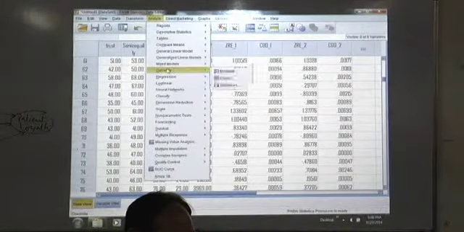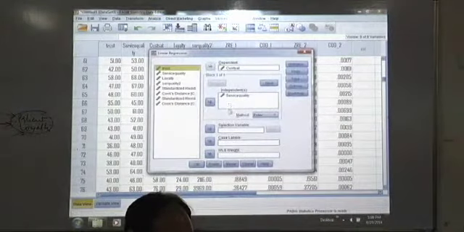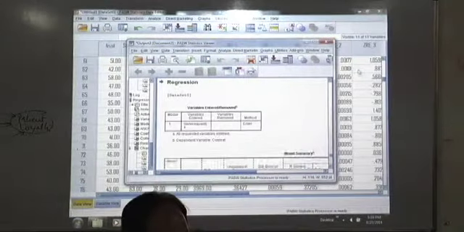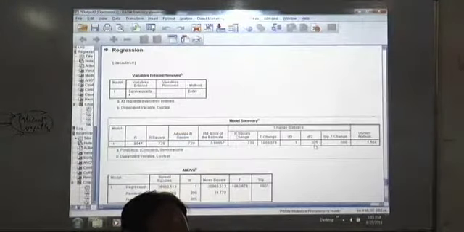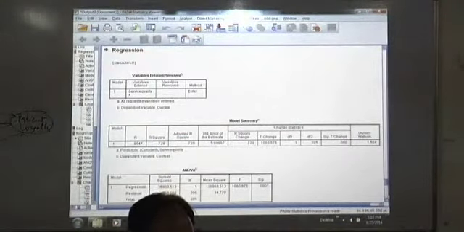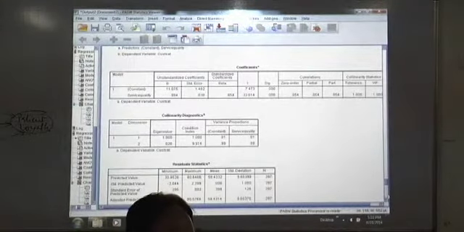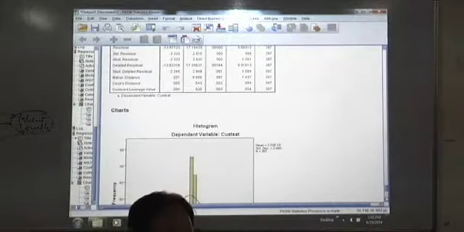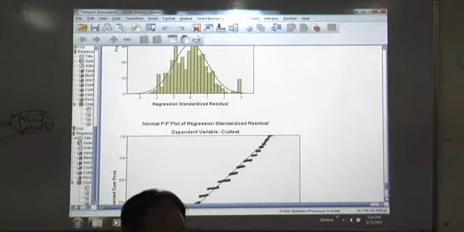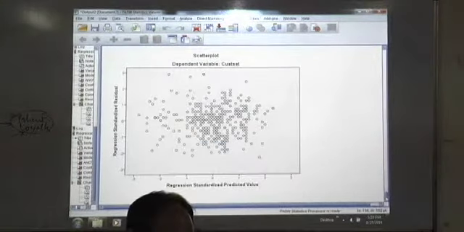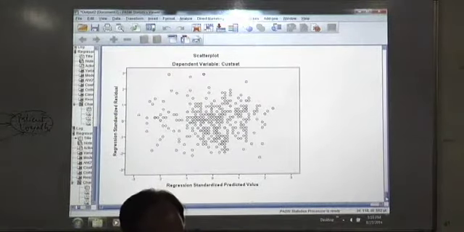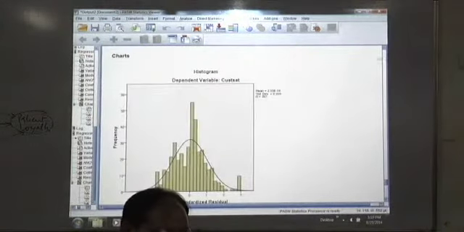0.729. Analyze. Go to regression, linear. And you find this is the new value, 0.729. It has gone up again. And let us look at summary. Summary is not there. That means now there are no outliers as far as regression is concerned. And this seems to be now better spread. The dots have spread now. It is better. That means homogeneity has improved.